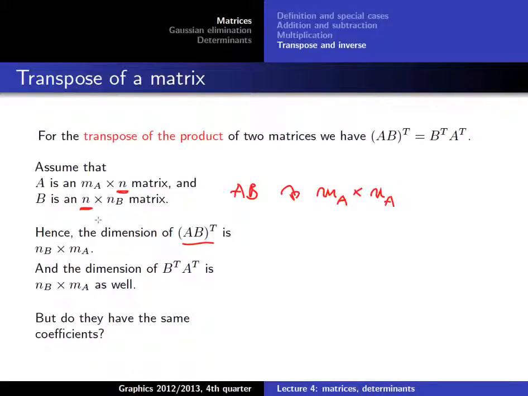Now, for B, if you swap the dimensions here, and then you swap the dimensions here, then you see that this product of the matrices is defined, because B transpose is the first one, so this new second value matches the new first value of A transposed, and the result is again NB cross MA, so both have the same dimension. So on the dimension side we're safe,